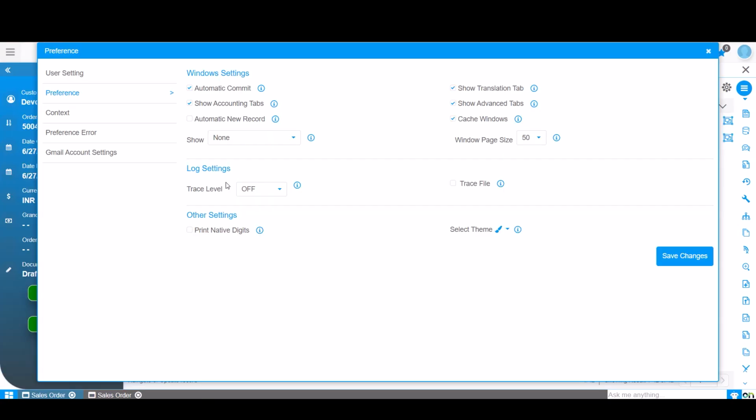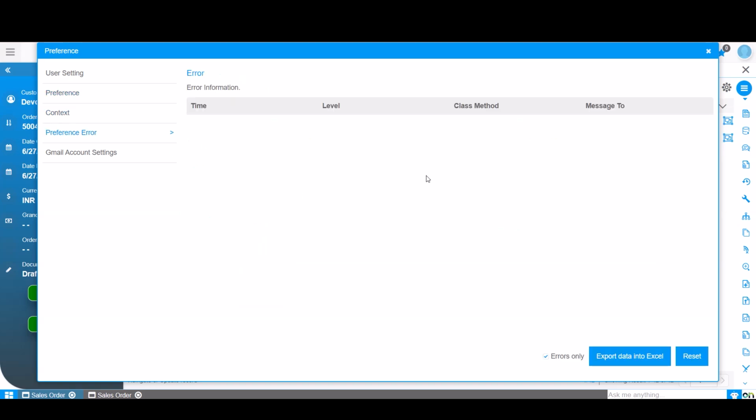Next, we will cover the log settings. Within the log settings, you can define the trace level based on your requirements. The Onfinity system captures errors according to the selected trace level. Under Preference Error, all information concerning captured errors will be visible. This includes the time of the error, its level, the class and method where it occurred, and the error or